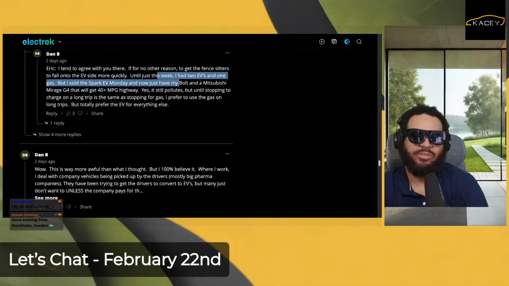I'm wondering what these people's model is for a gas stop, because once you add the kiddos, you're going to be stopped for a minute. Unless they've been asleep the whole time, which happens sometimes, I have not found a stop where, with the kiddos, it was shorter than the car wanted to charge.